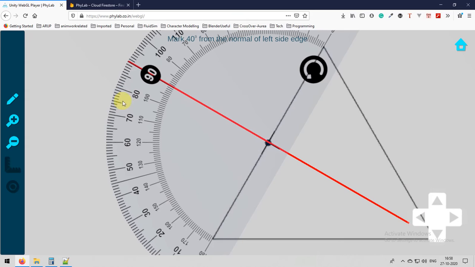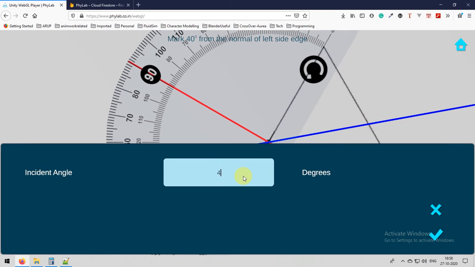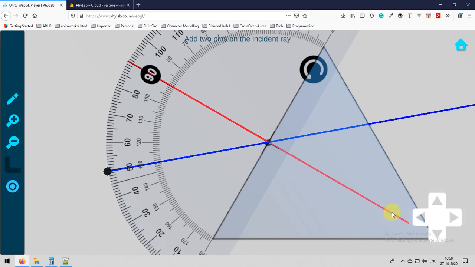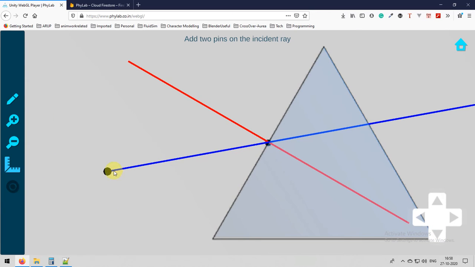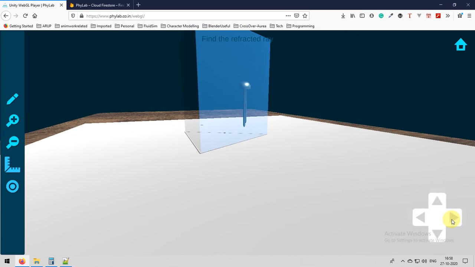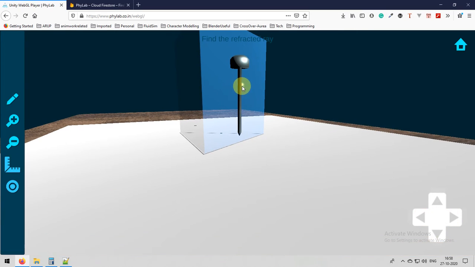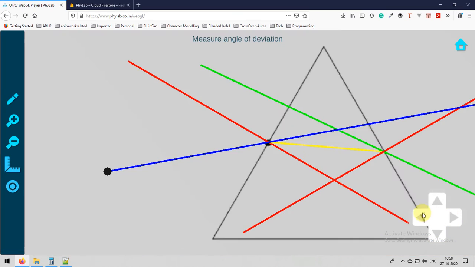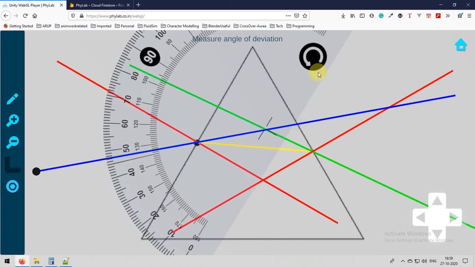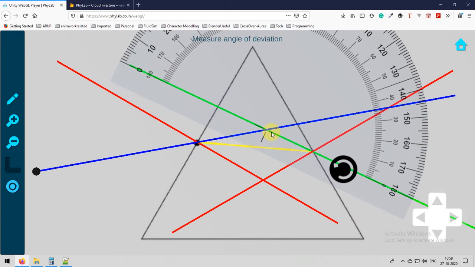From here, now 1, 2, 3, 4, 50 is the 40 degrees. By using the pointer tool, you will get a blue line, that is our incident ray. Repeat the same experiment: placing 2 pins and arranging the camera so that 2 pins are overlapping with each other, and then placing another 2 pins and finding out the angle of deviation.